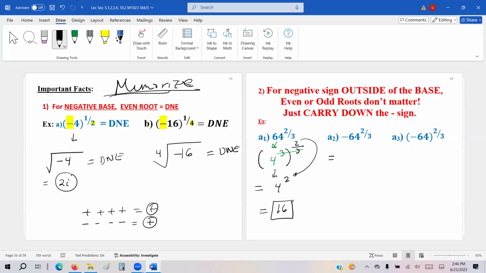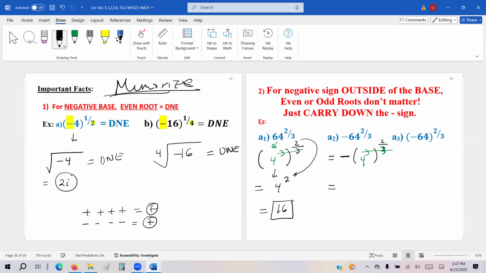Okay, the next one. What is our base? Negative 64 or only 64? Only 64, because you don't have any parentheses. So this negative is a multiplication, and we are going to rewrite only 64. How are you going to rewrite it, as something squared or something cubed? Cubed, because our goal is to cancel this denominator. We hate the denominator. So again, 64 is what number cubed? 4 cubed. So the cube and the 3 cancel.